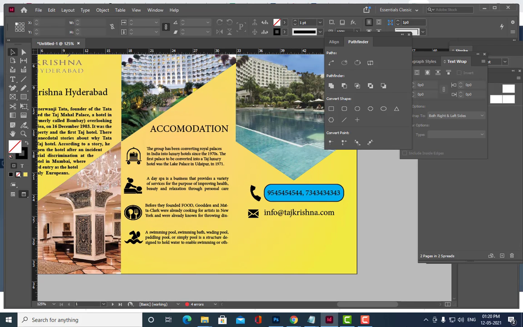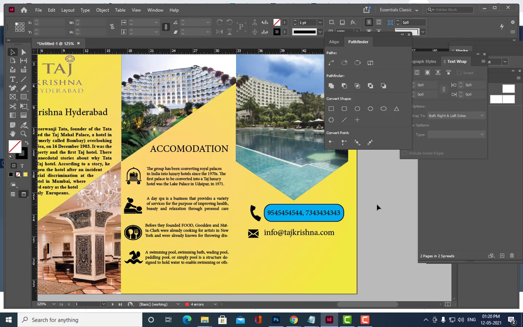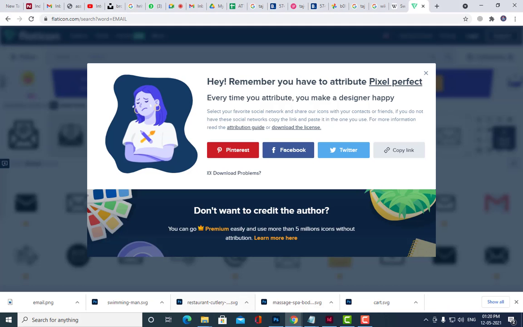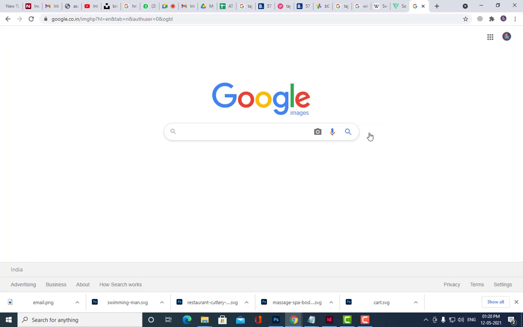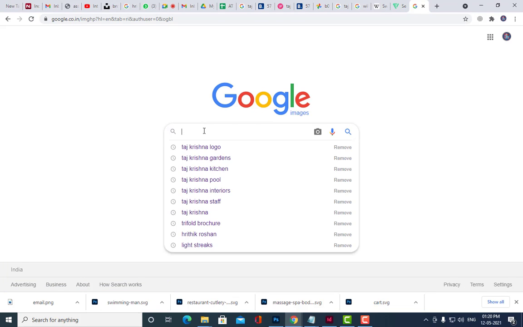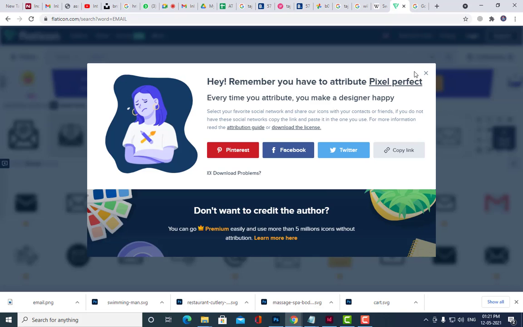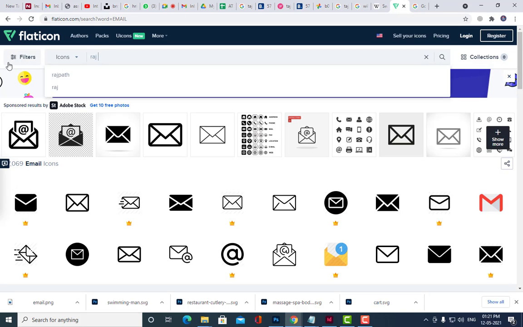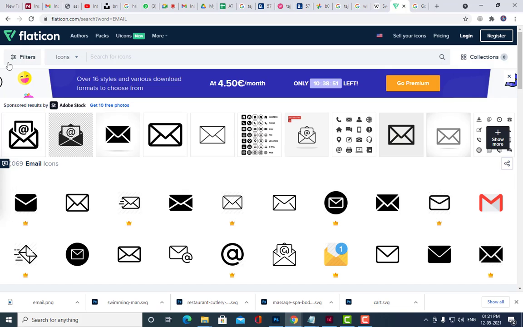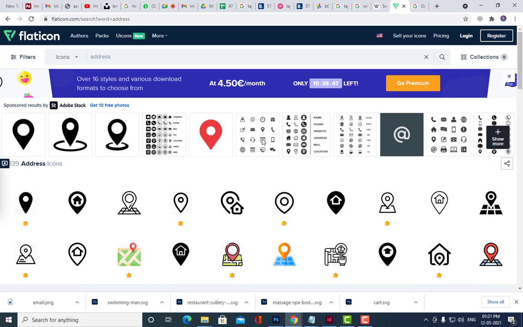Okay, so the actual address is, see, we can do one thing. We will just put the icon here. See, address. See, we can use this icon.